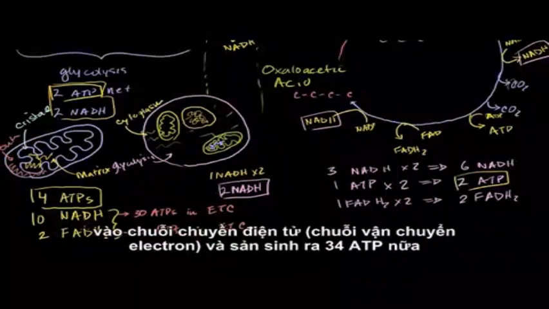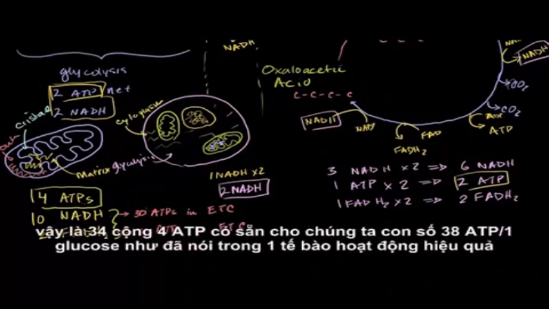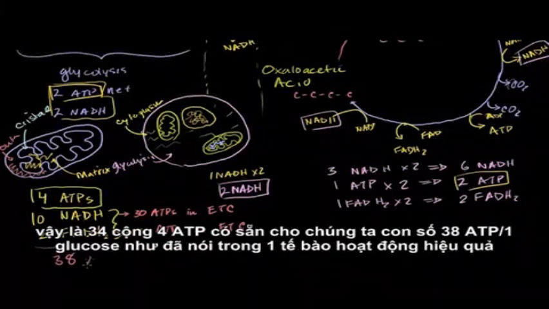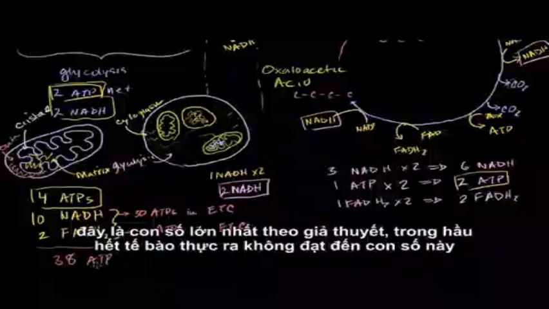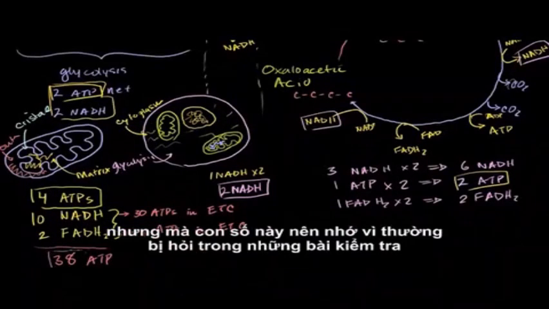And then eventually these outputs from glycolysis and the citric acid cycle, when they get into the electron transport chain, are going to produce another 34. So 34 plus 4, it does get us to the promised 38 ATP that you would expect in a super efficient cell. This is kind of the theoretical maximum. In most cells, they really don't get quite there. But this is the good number to know if you're going to take the AP Bio test or in most